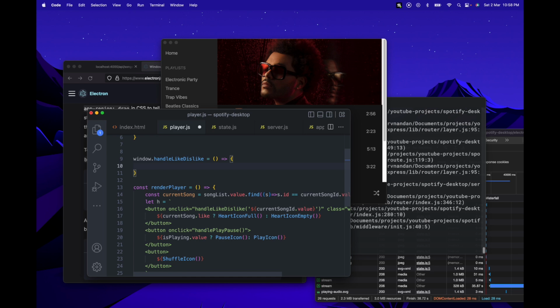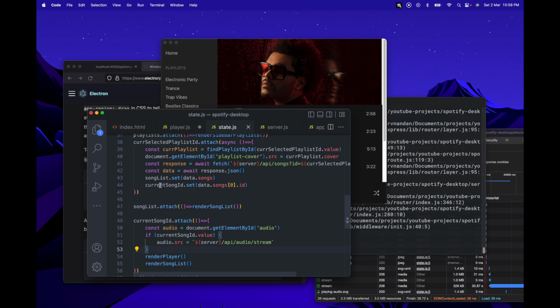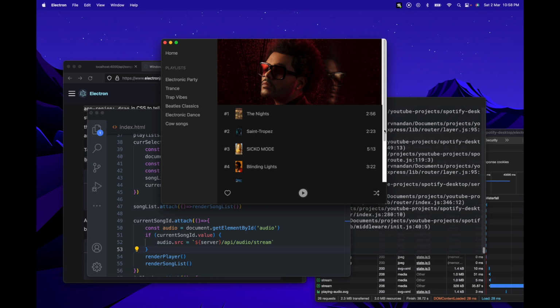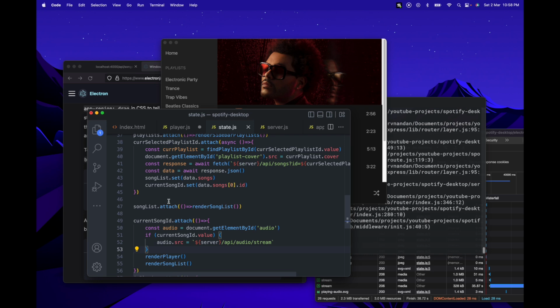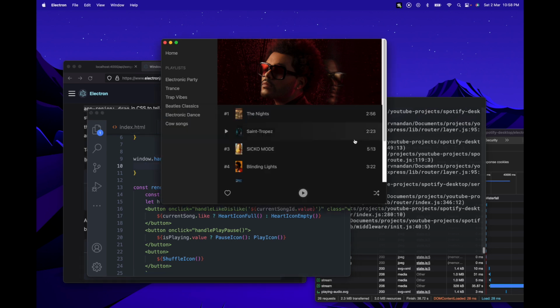Now what we want to do is, first of all, change the song list state, because this is where we have all of our information about which songs have been liked and which have not been liked. So we're going to do something called optimistic updates. So we're going to assume that this button is going to work. So we're going to update the state for the UI immediately so that you can see this icon get filled